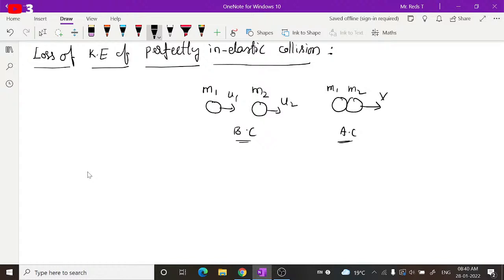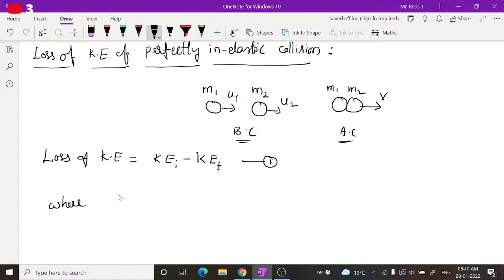Okay. So to find this, let us first apply the following. You can say directly that loss of kinetic energy is equal to the initial kinetic energy Ki minus the final kinetic energy Kf. Initial kinetic energy minus final kinetic energy is the loss of kinetic energy. Let us take this as equation 1,